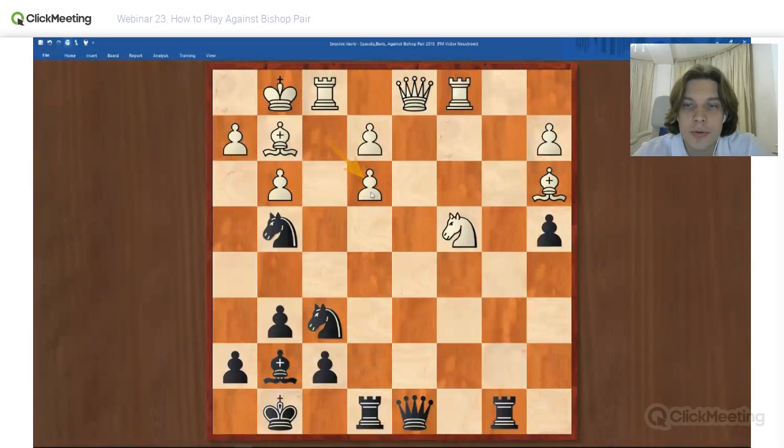Trade the queens or take with the knight immediately? No, I don't know. Let's take the queen, I think. Then rook f d1 and bishop h6 with counterplay against this rook. What can he do in this position?